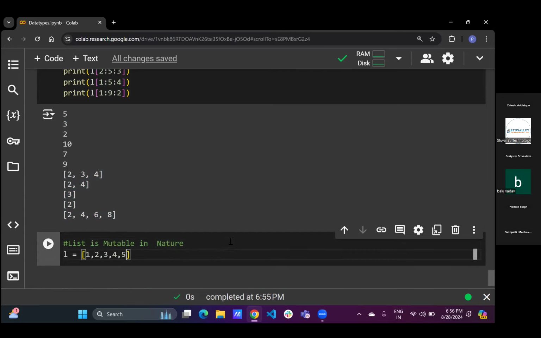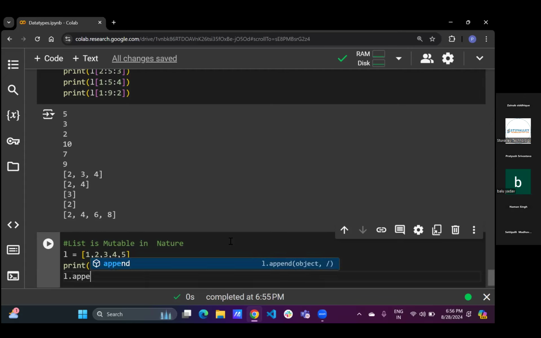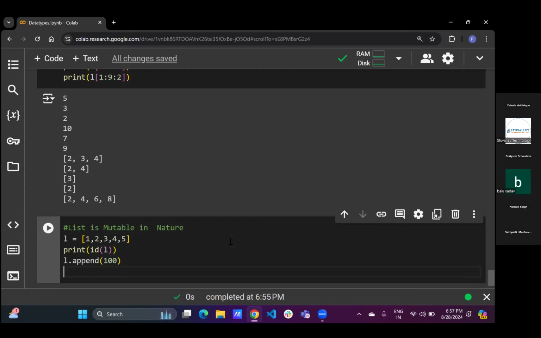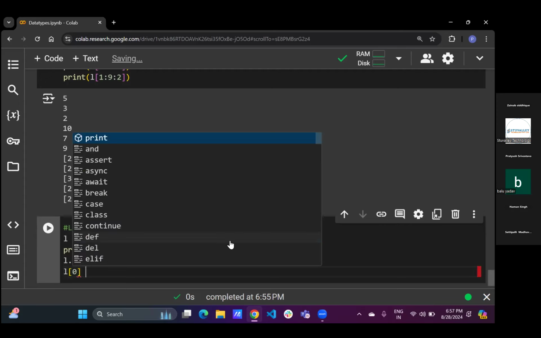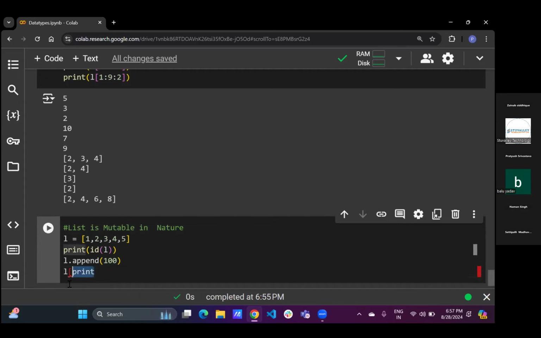ठीक है, मैंने एक लिस्ट बनाई। मैं क्या करूंगा? इस लिस्ट के अंदर चेंज, पहले तो क्या करूंगा? मैं इस लिस्ट का मेमोरी लोकेशन चेक करूंगा कि इस लिस्ट का मेमोरी लोकेशन क्या है। तो कुछ मेमोरी लोकेशन होगा इस लिस्ट का। उसके बाद मैं क्या करूंगा? मैं इस लिस्ट को मॉडिफाई करूंगा। मॉडिफाई मैं अपेंड के थ्रू कर सकता हूँ, मॉडिफाई मैं किसी भी चीज के थ्रू कर सकता हूँ। मैंने अपेंड के थ्रू मॉडिफाई किया। मॉडिफाई का मतलब क्या? मैं एलिमेंट ऐड कर रहा हूँ। और क्या कर रहा हूं? मैं एक्सप्लिसिटली भी मॉडिफाई कर दे रहा हूँ। 0 को, मतलब इस 1 को मैं 100 में चेंज कर रहा हूँ। जो भी एलिमेंट 0 पोजीशन पे प्रेजेंट है उसको 100 में कन्वर्ट कर दे रहा हूं। ठीक है, वो भी मैं कर दे रहा हूँ। सो एल ऑफ 0, 0th इंडेक्स आई एम गोइंग टू चेंज विद 100।